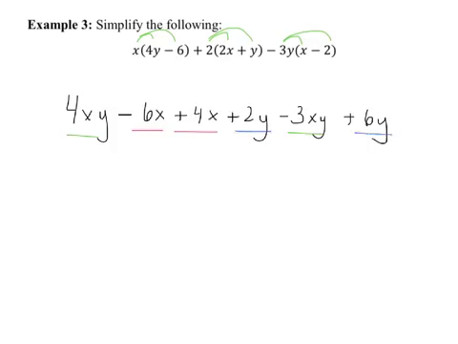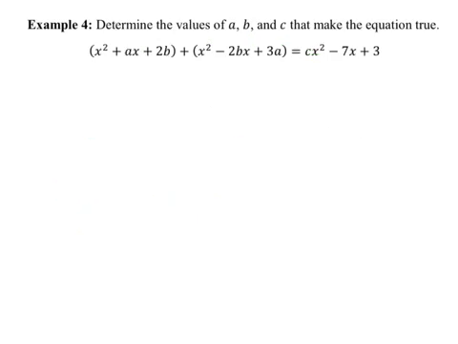So in green, we've got 4xy minus 3xy, which is 1xy. In red, we've got negative 6x plus 4x, which is negative 2x. And in blue, we've got 2y and 6y, which is 8y. That's our final answer. Example 4 is a little tricky, but we'll go through this slowly so we can see